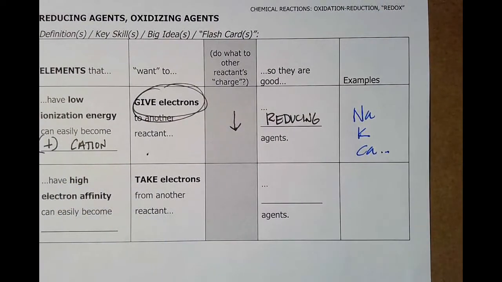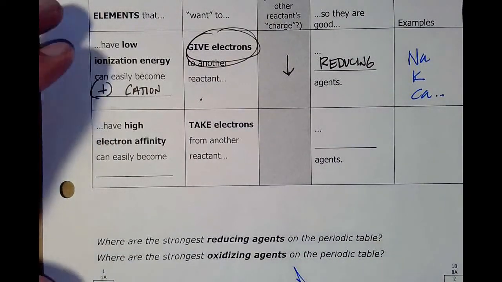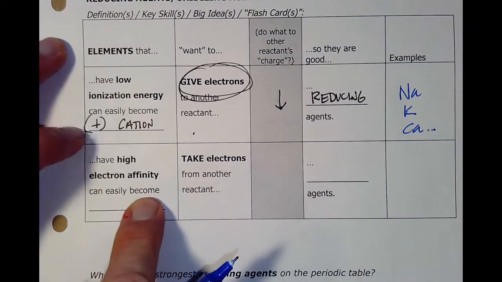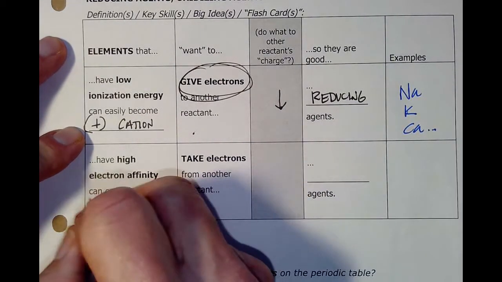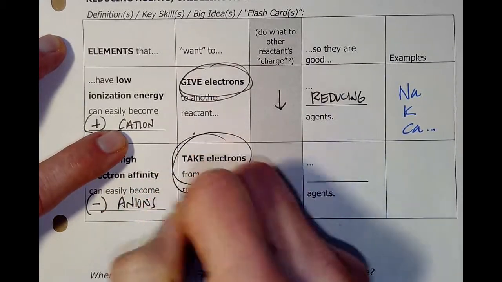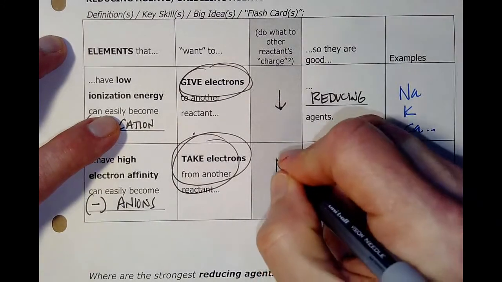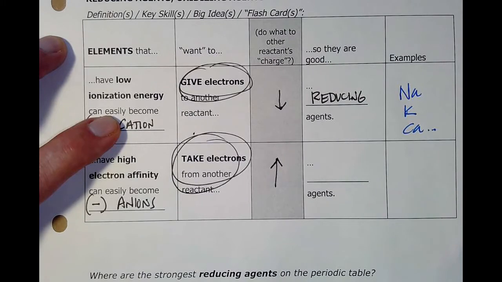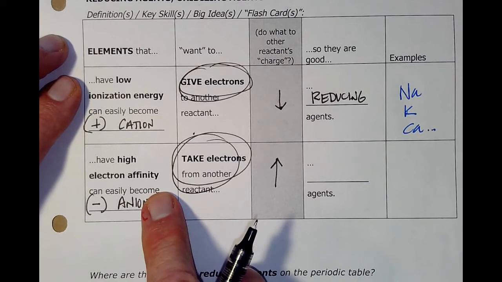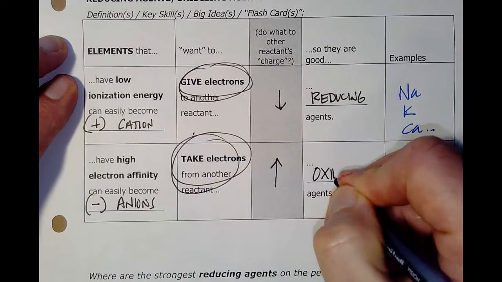All right, now let's flip it the other way around. Where do we find the elements that really want to take electrons? They have high electron affinity. If they take on an electron, they'll become anions because they want to take electrons. If they take electrons from the other reactant, the other reactant's charge goes up. Charges go up, we say oxidize. Atoms with high electron affinity take electrons from somebody else, make their charge go up. So these are good oxidizing